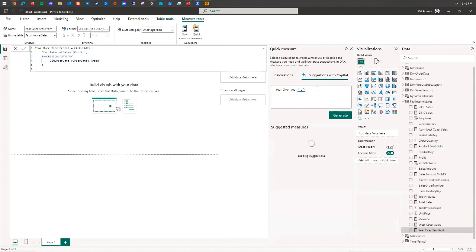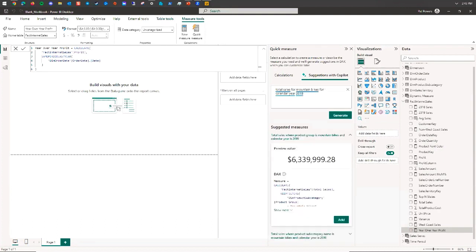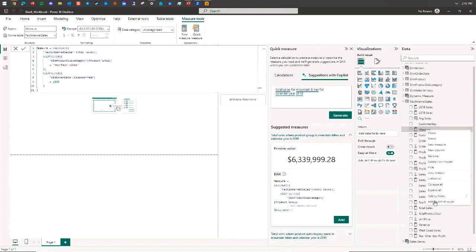Okay. Got my mountain bike one. Total sales for mountain bikes, calendar year 2018. Add. Rename.